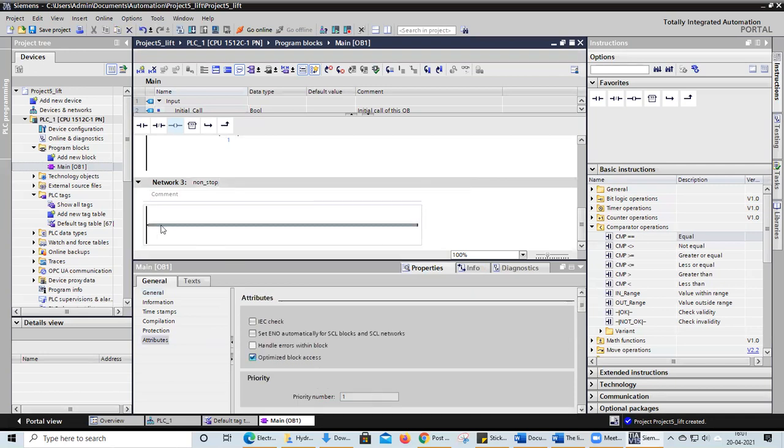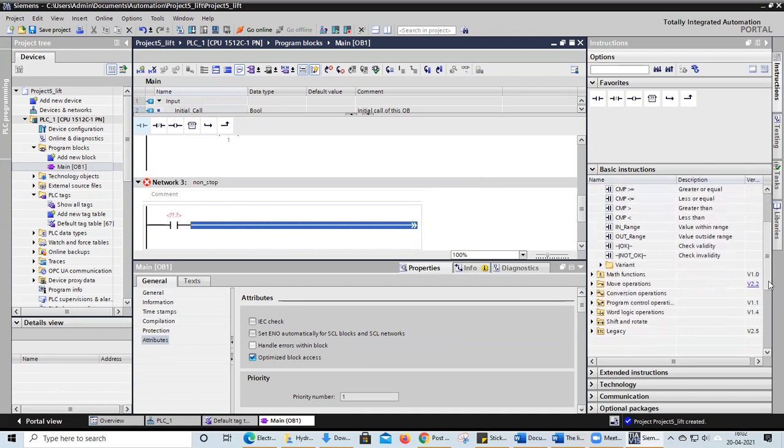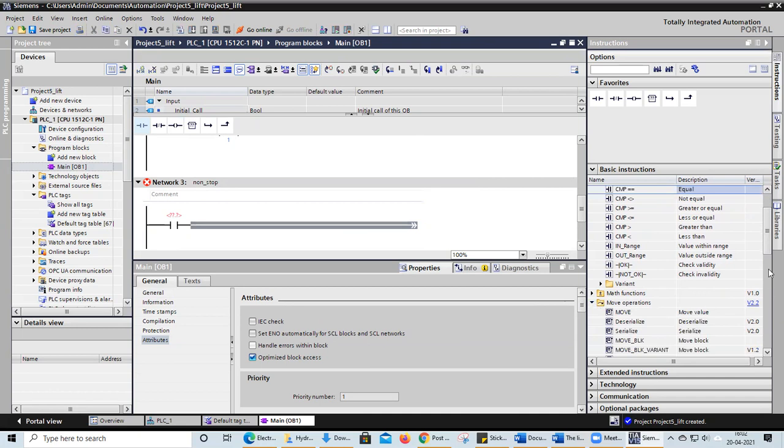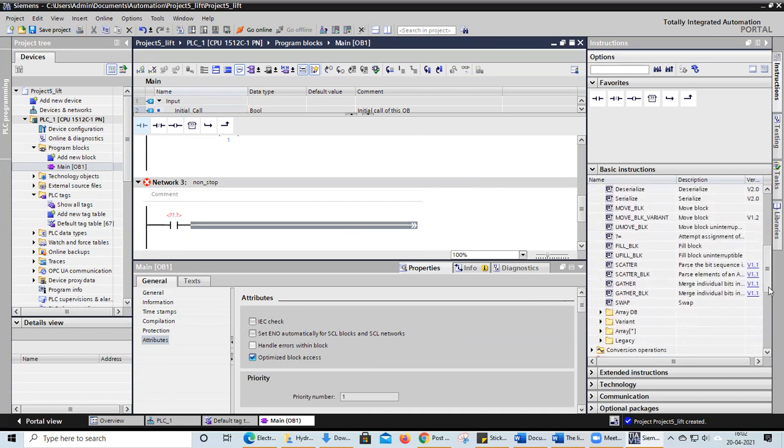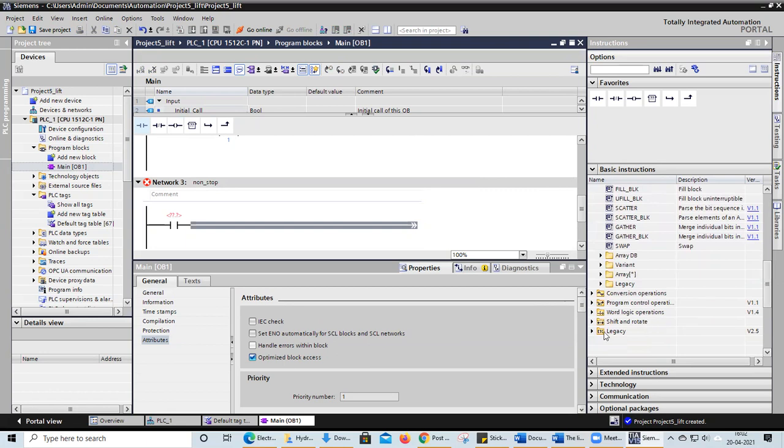Non-stop here. What I'm going to do is write this on circuit, and I'm going to use an instruction called a jump instruction. Jump instruction will be available, you can find it in move applications. Okay, in move applications it is not there. In program control operations you can find the jump instruction.